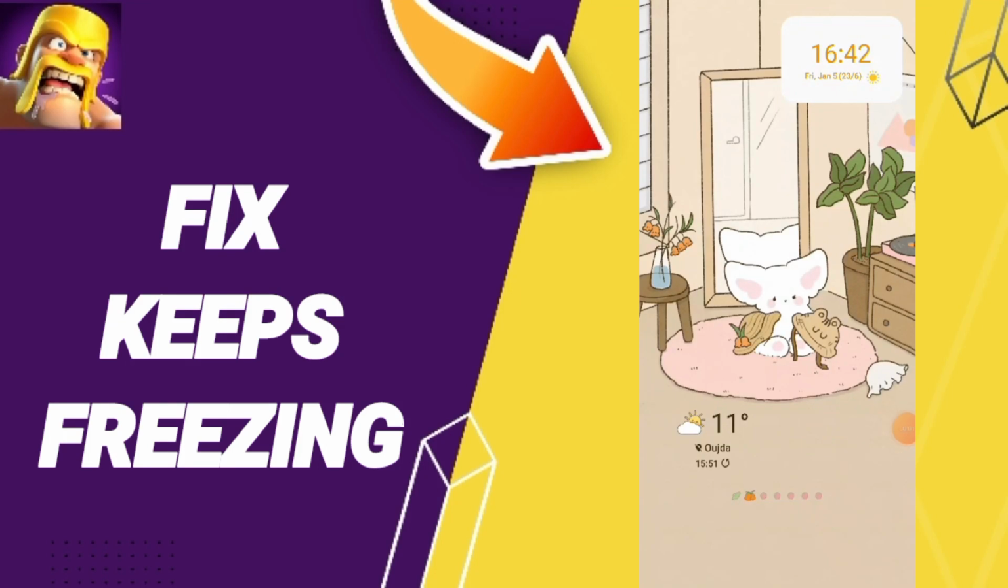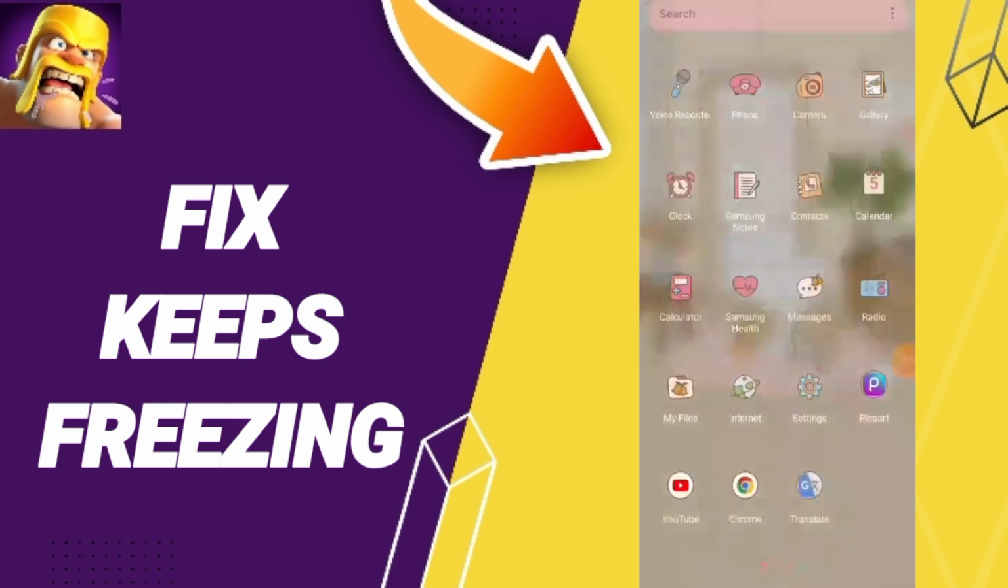Hi everybody, today we'll talk about how to fix or how to solve the problem of keeps freezing on Clash of Clans. To know how to fix or how to solve keeps freezing on Clash of Clans app, you should